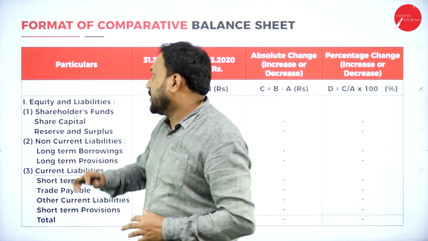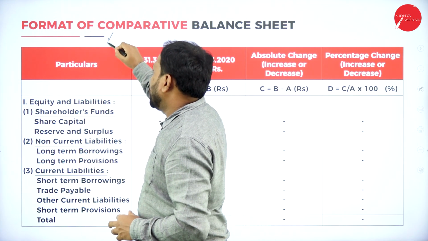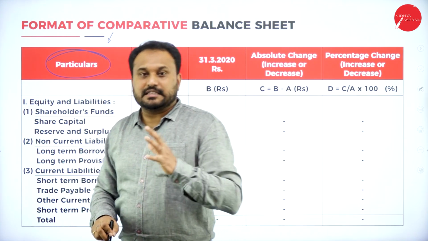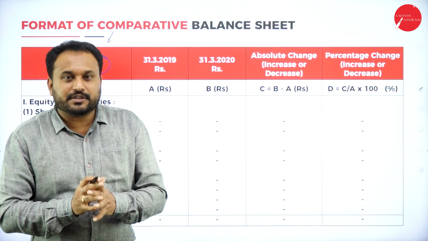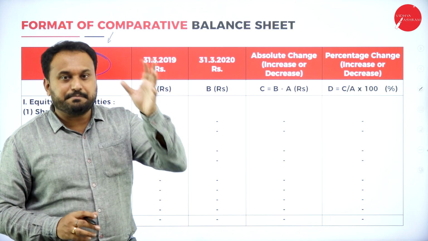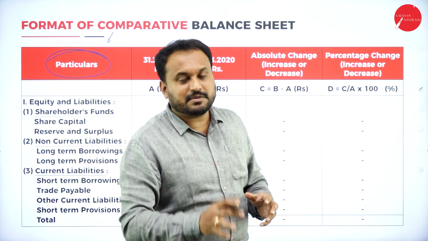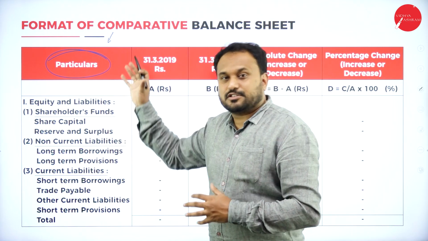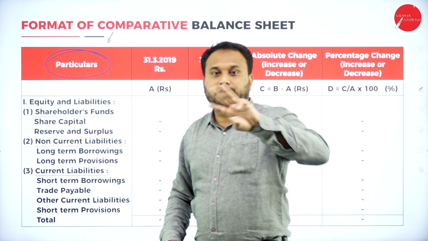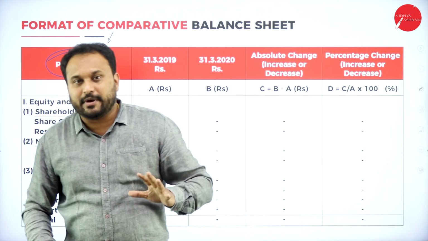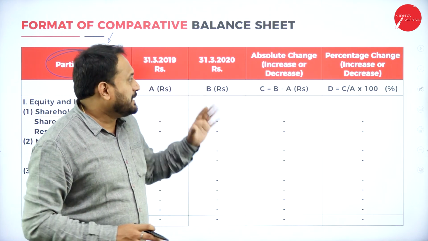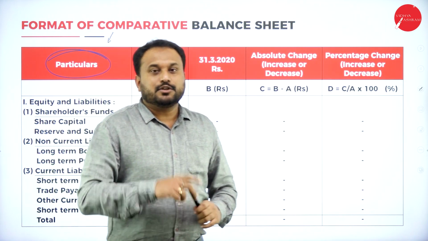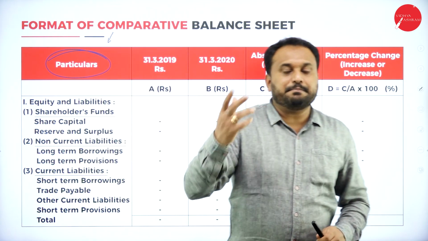Firstly, the first column we call the particulars. Now in the particulars, what are there? Now understand. Whenever we go with financial analysis, and that too in comparative statement as well as in common size, this is what the format is. Even for the trend analysis also, this is what the format is. So for all 3 analyses, it is the same format which you are supposed to go with. Only the method will change here. Now comparative, what happens? 2 years should be there. We will go with comparison.